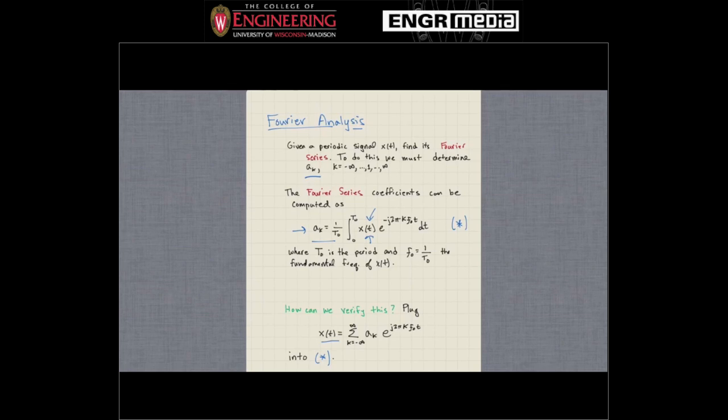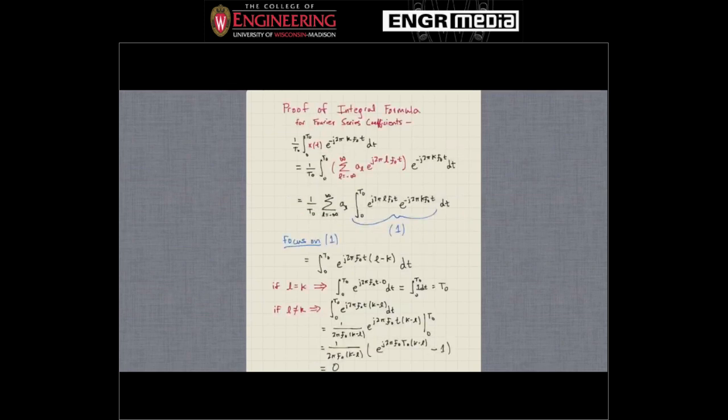Okay, so let's do that. And this is really not too bad. It looks a little daunting at first, but if we remember the Fourier series integral equation, that's just written right here, right? That was what we saw on the last page. That's this whole line, right? And we have x of t can be represented, of course, it's what's written in red here, all of this stuff. So we're just plugging